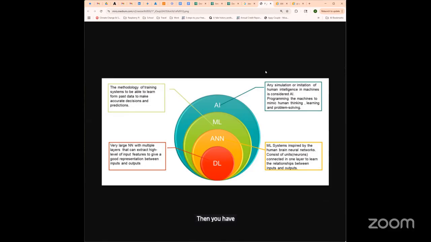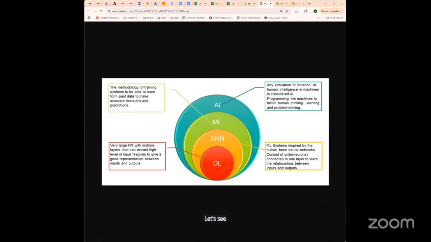Then you have applications. Deep learning is used in computer vision, so that would be for image classification or object detection, and natural language processing. So that would be text classification or sentiment analysis. Then you have transformer models. So transformers are a type of deep learning architecture used in natural language processing. They process entire sentences rather than word by word, leading to faster and more efficient text processing. Popular models include Google BERT, OpenAI ChatGPT, and these are both based on transformers, right?